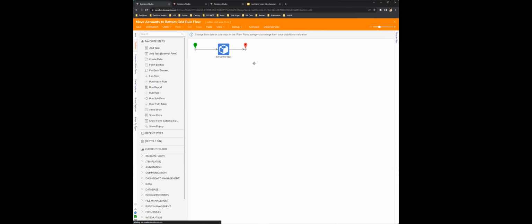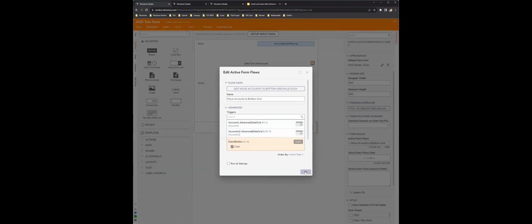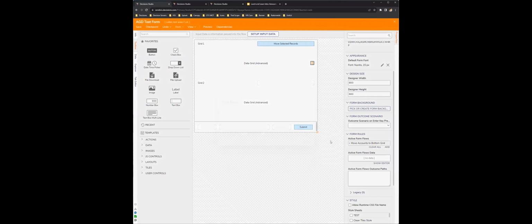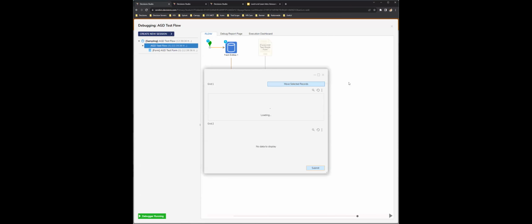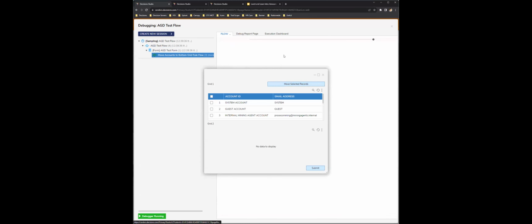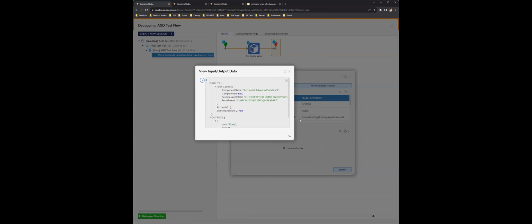Understood. Okay. Let me just make sure this is working as expected if one is selected. So that's not taking in anything. That's two.